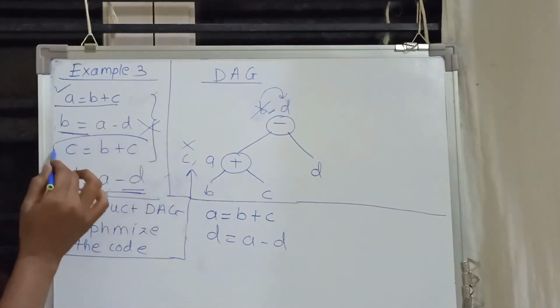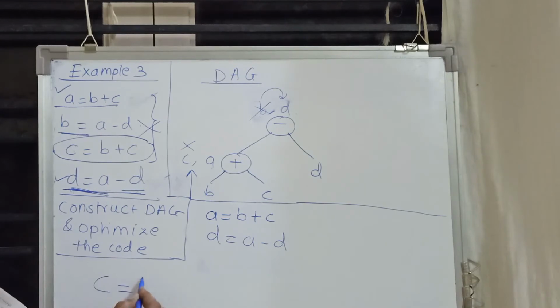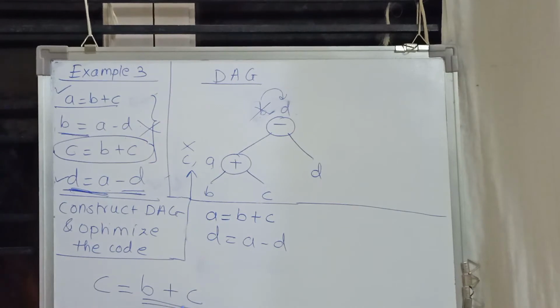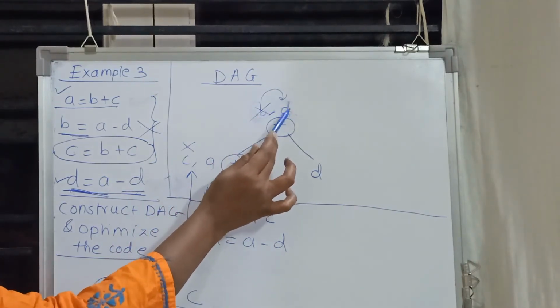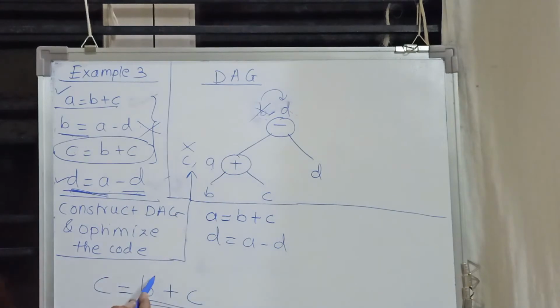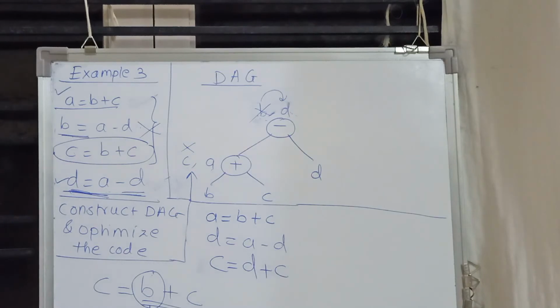Now let us give the focus on how to calculate the result of C, or how the compiler will optimize this particular code. Now look at C is equal to B plus C, right? Actually B's data is already stored into the D, and here we have eliminated the B and we have taken the reference of B through the D. So instead of writing here the B, we can now take the reference of the D. So this instruction becomes C is equal to D plus C. In this way also the compiler can optimize the code.